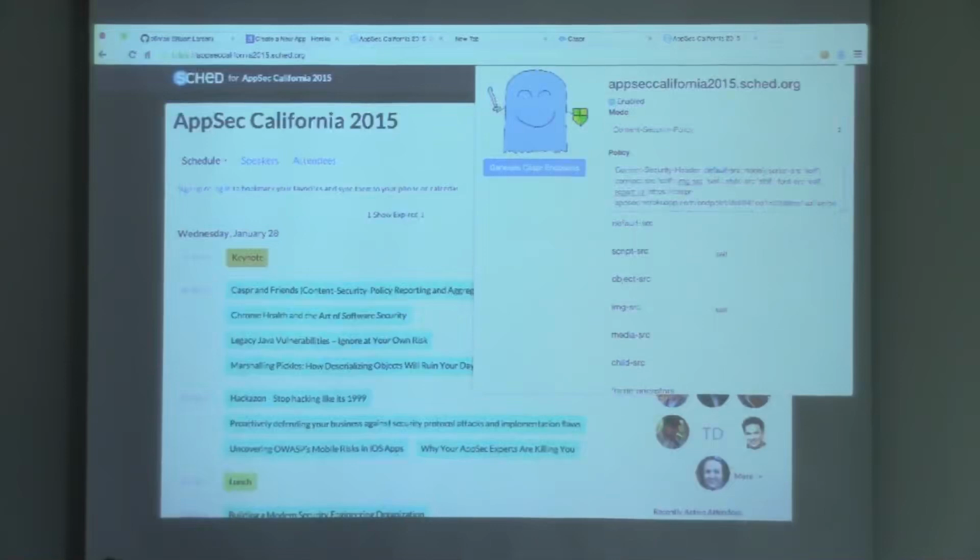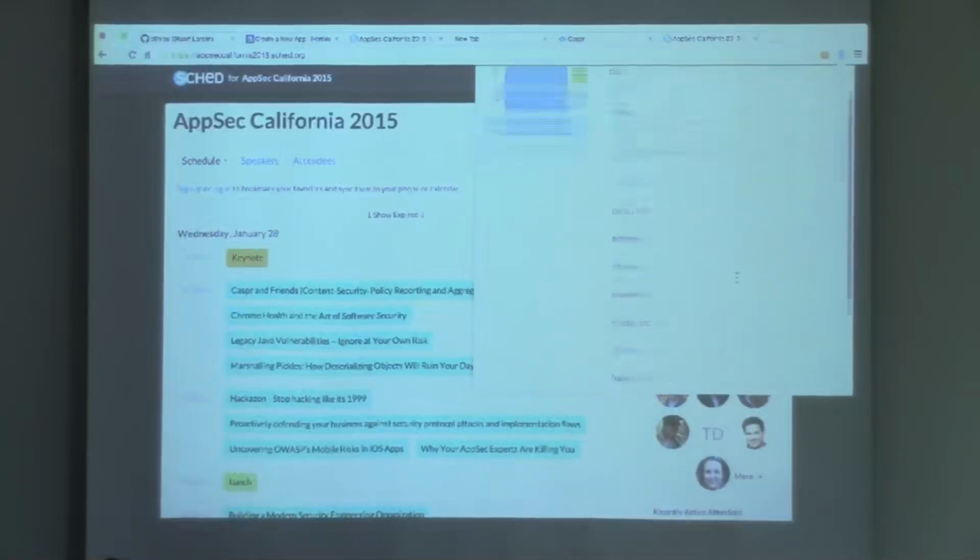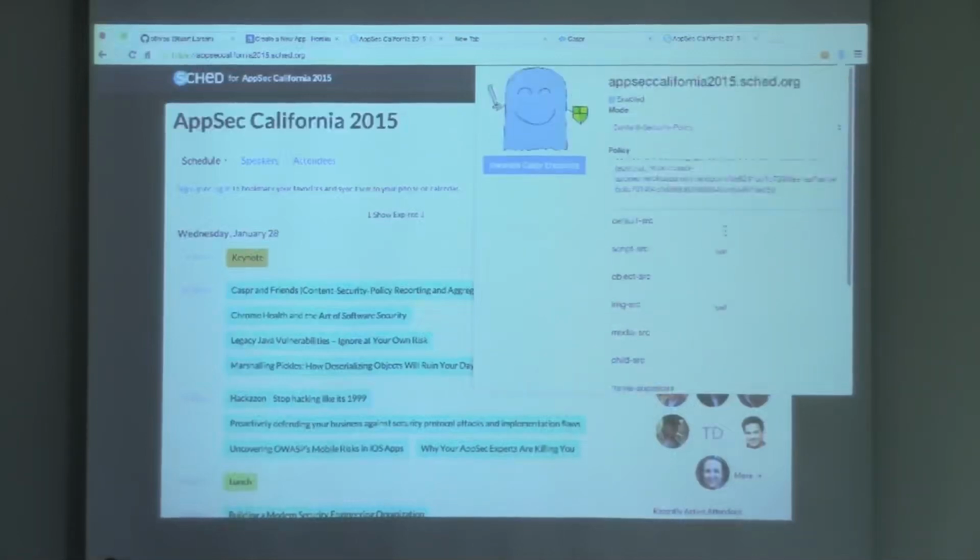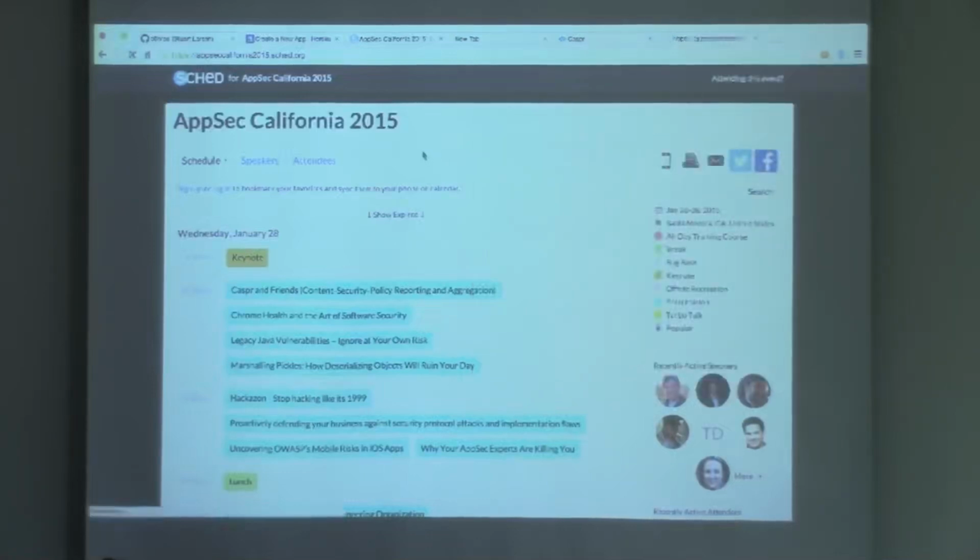It has a default source of none, meaning it doesn't allow anything by default. But then it says allow script sources from self. I assume that self is safe. Allow connect source from self, image source from self, style source from self, font source from self, and the report URI. And so Caspr automatically fills all that in. So we've refreshed the page. Now that it's enabled,